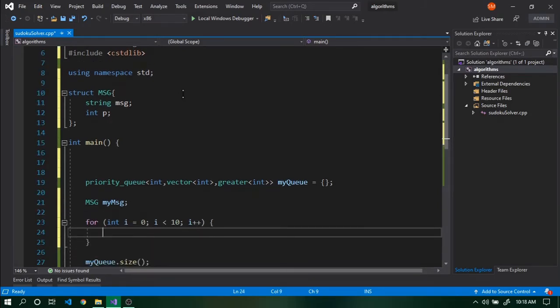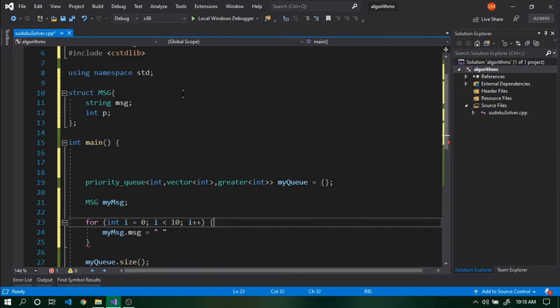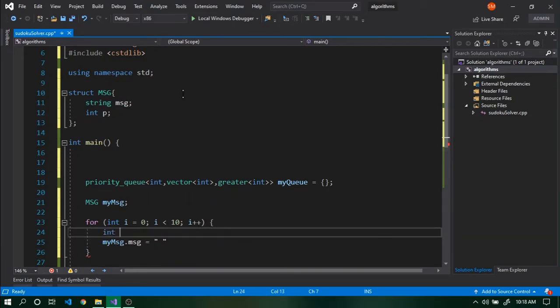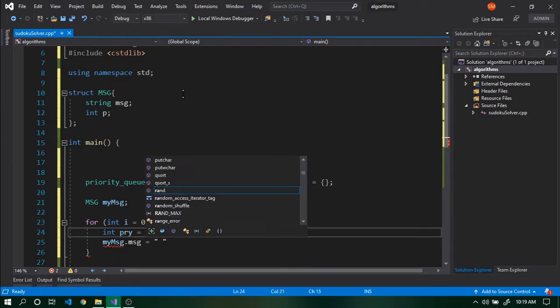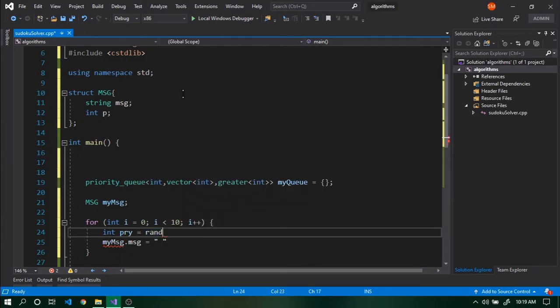And we will simply say my message dot message equals to... let's say I have an int priority, and this priority is equal to, let's say, rand modulus 100.